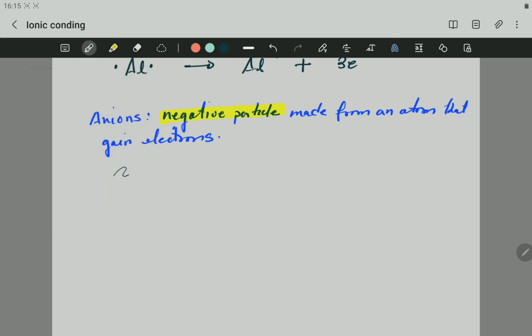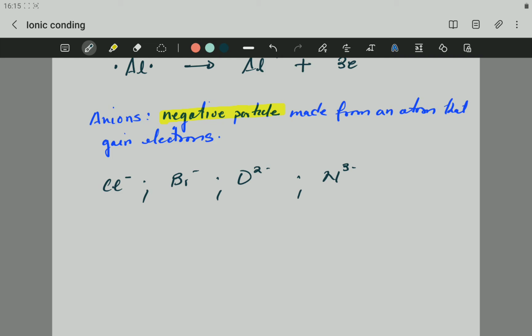For example, Cl-, that is an anion, Br-, O2-, N3-. So those are particles that gain electrons, and the more electrons they gain,